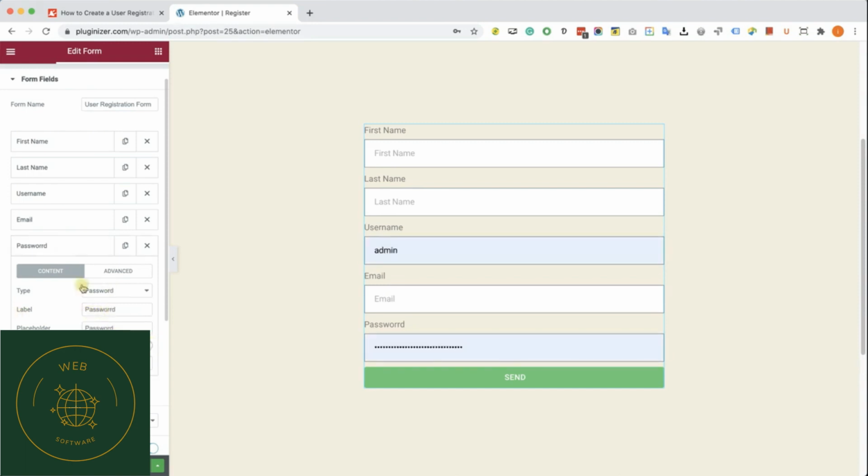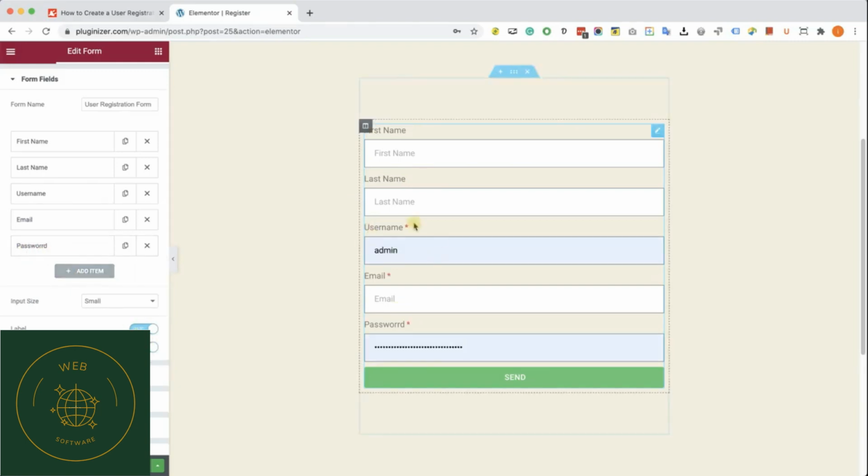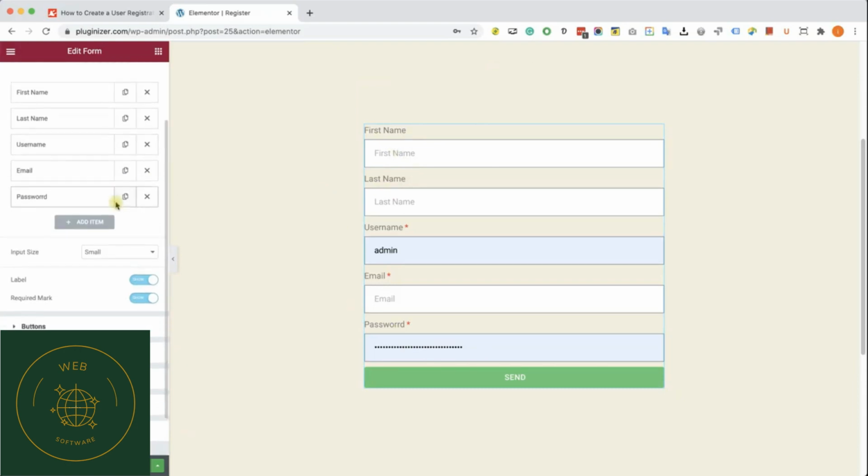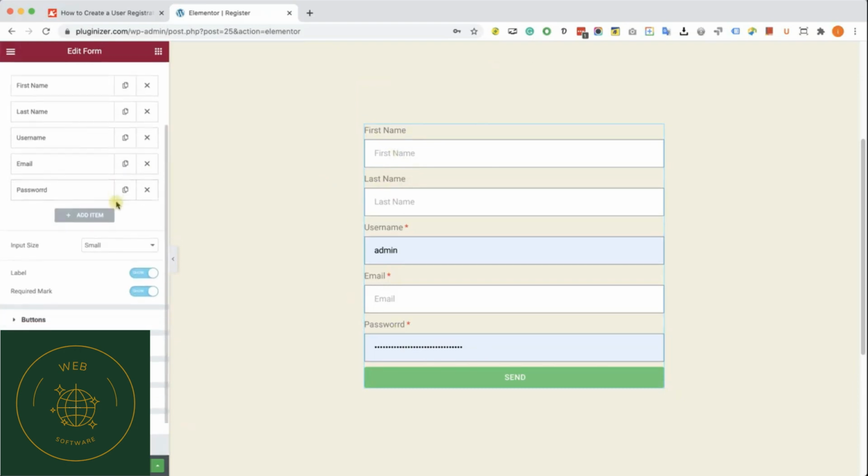We can see what it looks like on the right. We have all the fields that we wanted to have. Some of them are required and some of them are not. We can enable this option to see which ones are required, just like so. Again, the first name and the last name are not required, and you can definitely delete them if you don't want to have them in your form. Now all you have left to do is just to update and save the changes,